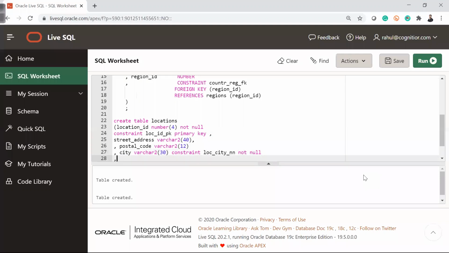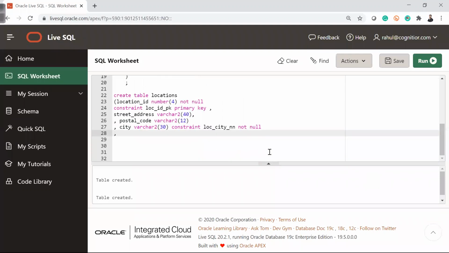All right, so I'm giving this as a not null column. After that, we have state_province, varchar2, giving the size as let's say 25, comma, we have country ID.